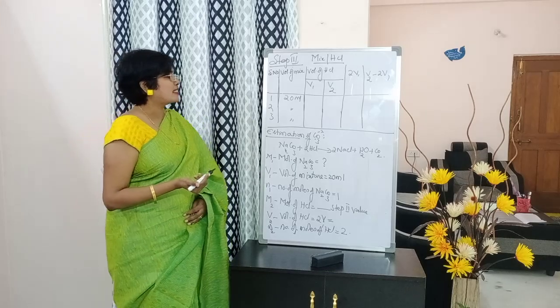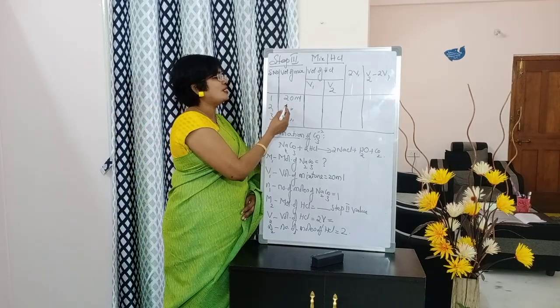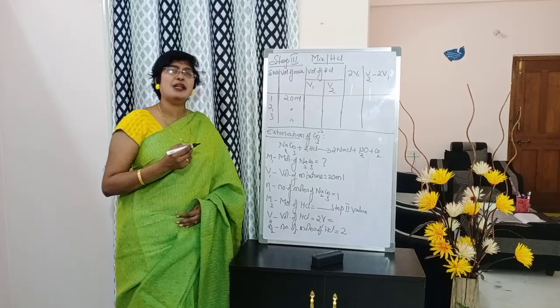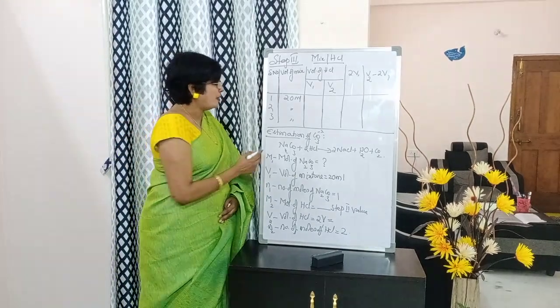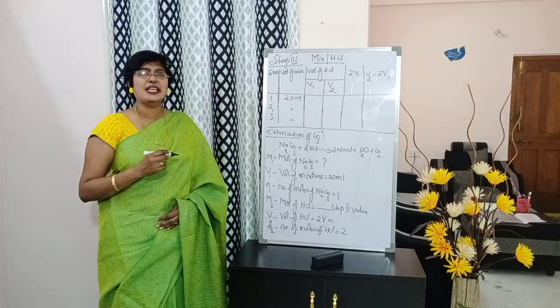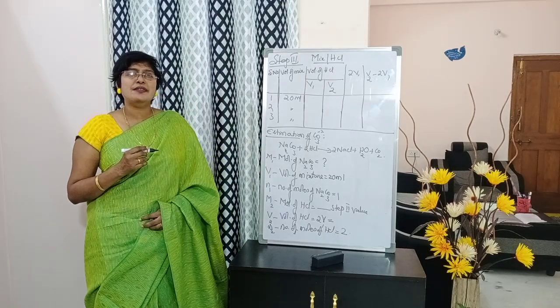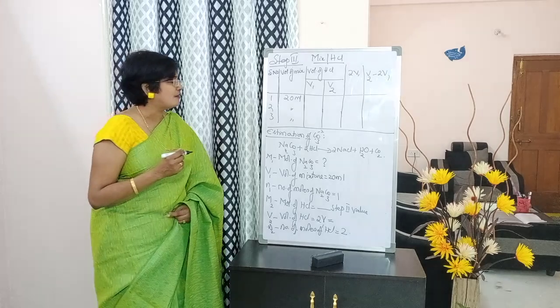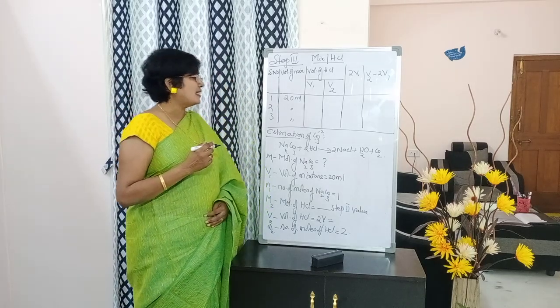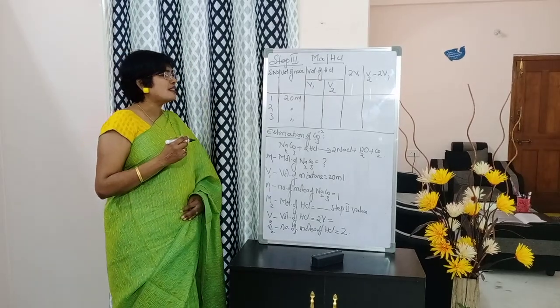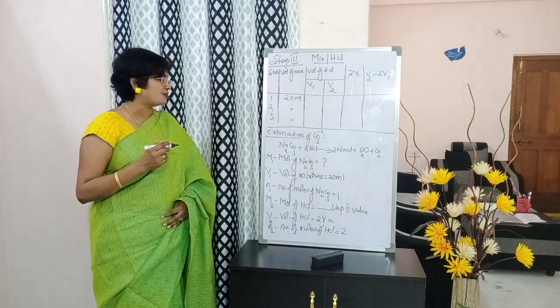Fine. Next, below. Here, students, 20, 20, 20. Because 20 ml we have prepared out now, the unknown mixture. Okay. So, below write down: Estimation of carbonate. First, we will do estimation of carbonate. For that, write down the reaction, students. Na2CO3 plus 2HCl gives 2 NaCl plus H2O plus CO2.